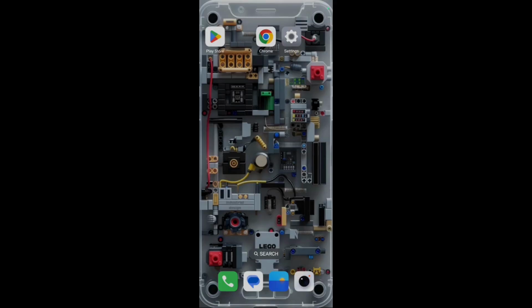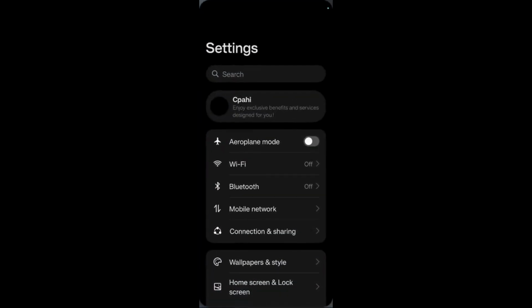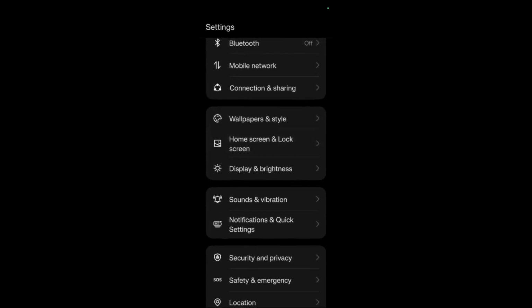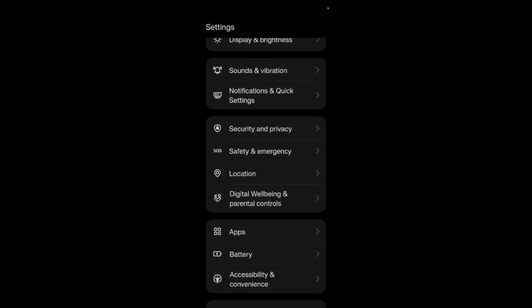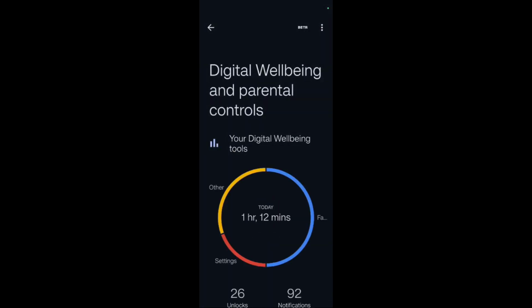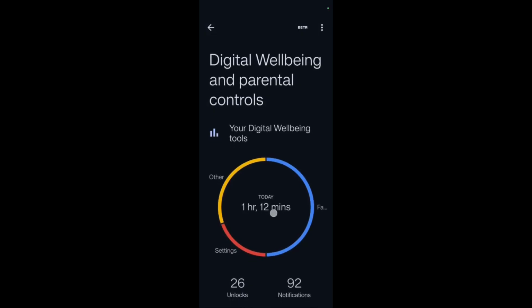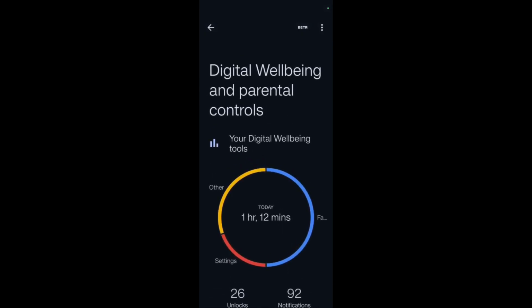your Android device. So in order to find your screen time, the first thing that you will need to do is simply go to the settings of your Android device. Now once you are inside the settings, simply scroll down until you see this option that says Digital Wellbeing and Parental Controls. So simply click onto Digital Wellbeing and Parental Controls, and now it will show you your today's time